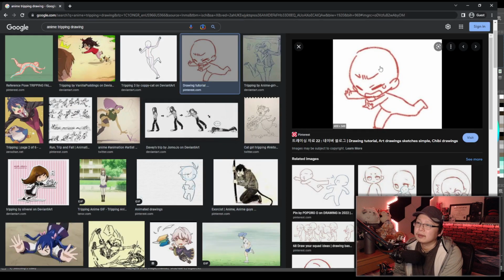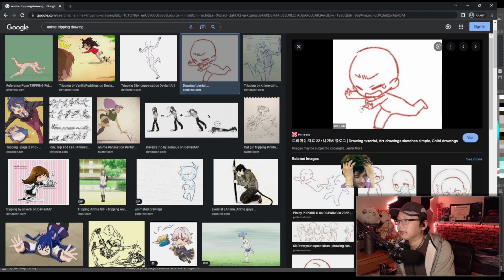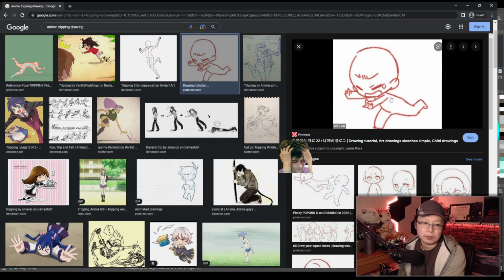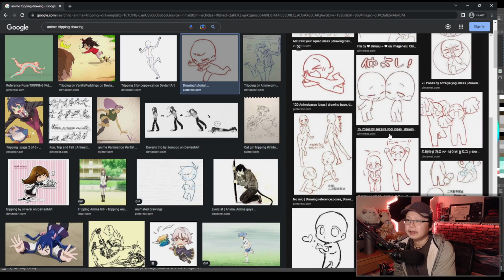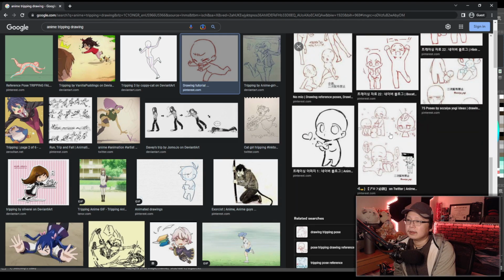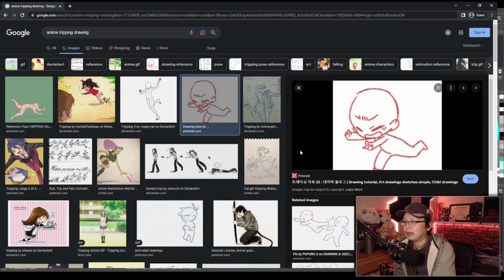Something really rudimentary, something like this shape. I'm not really good at drawing poses, like action poses, so I could work on it. That's probably for tomorrow though. I really thought I was gonna be ambitious enough to do it today, but